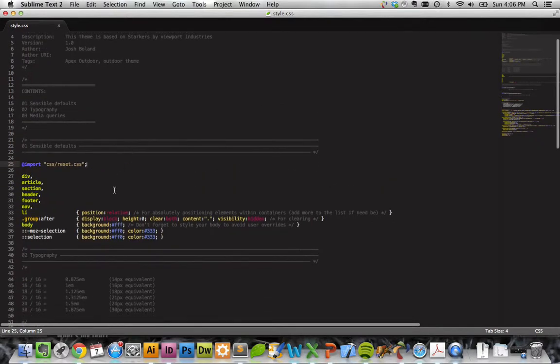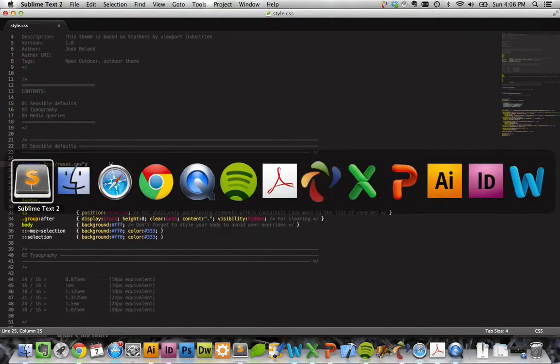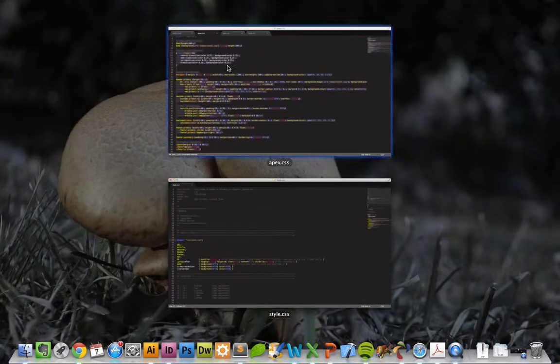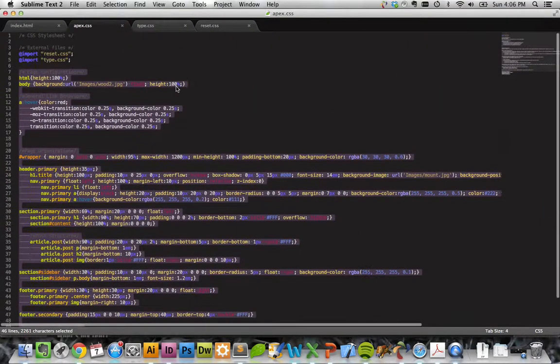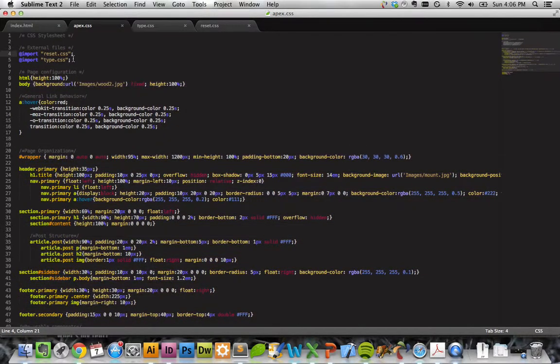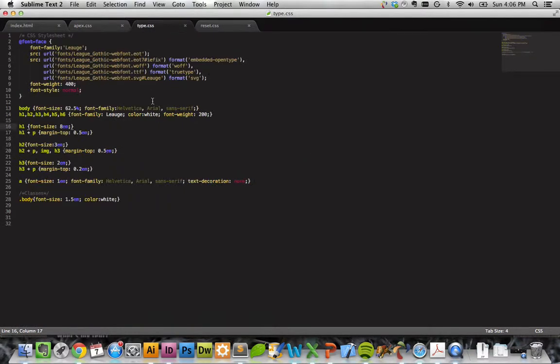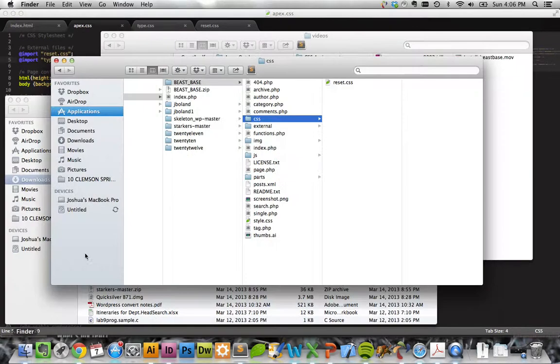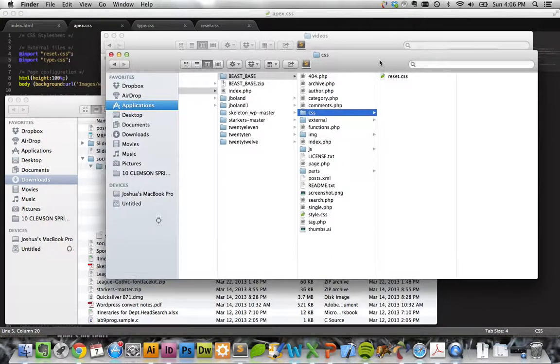So I'm going to use another import statement on this style sheet. You can see in my hard code for my site, the one that I've hard coded now, I've got an import for my reset and an import for something, type.css, which is just a short style sheet that I've handled some typography with. I've got all my type related properties in here. So I'm going to copy and paste type.css into this WordPress structure,